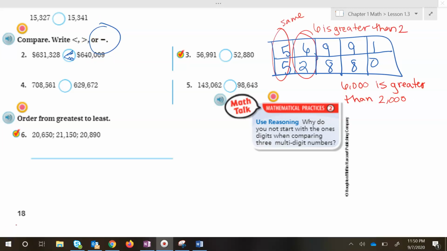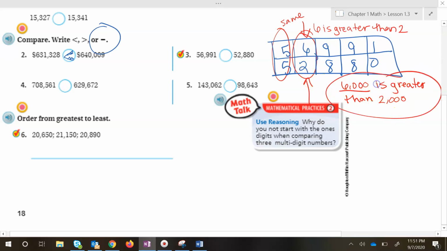Now, since we went to the thousands place because the 10,000s was the same, we can see that 6 is greater than 2. If we're looking here, 6 is greater than 2. Now remember, it's not just 6, it's in the thousands place, so it's 6,000. And it's not just a 2, it's 2 in the thousands place, so it's 2,000. So we can say in this statement that 6,000 is greater than 2,000, because it is greater by quite a bit. So we know that this number above